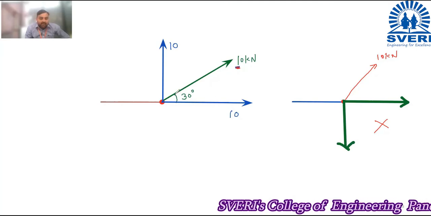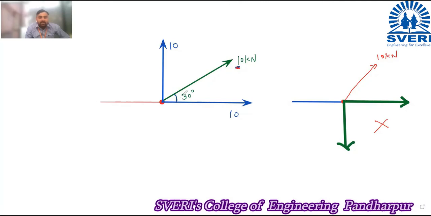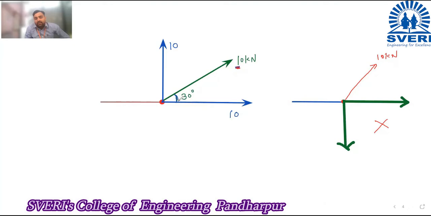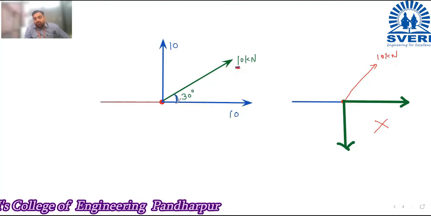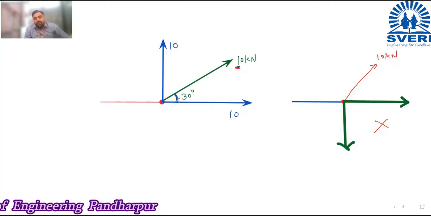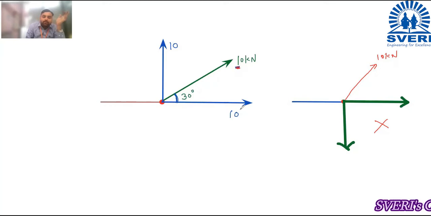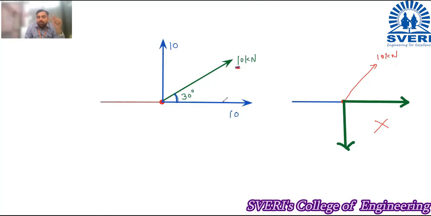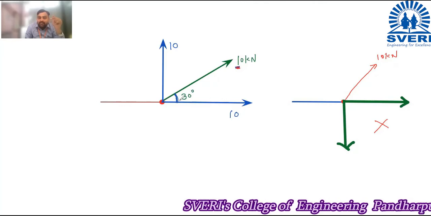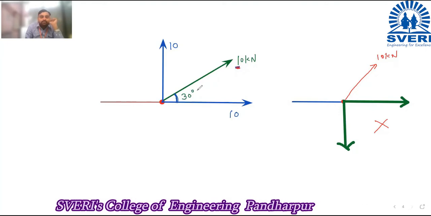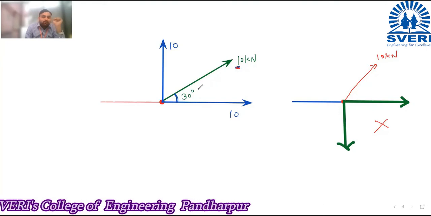Then this angle is 30 degree. This is the angle of this 10 kilonewton force with horizontal. This 30 degree angle, now you tell me, it is subtended between your force of 10 kilonewton and horizontal component. हा जो 30 degree angle आहे, हा अँगल हा x component बरोबर आलेला आहे काय y component बरोबर आलेला आहे? X component. x component बरोबर.